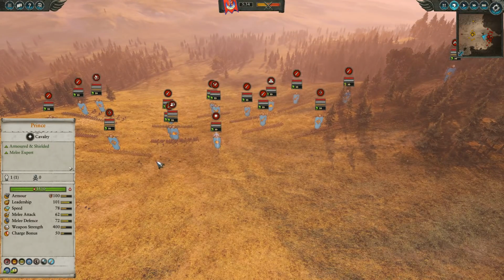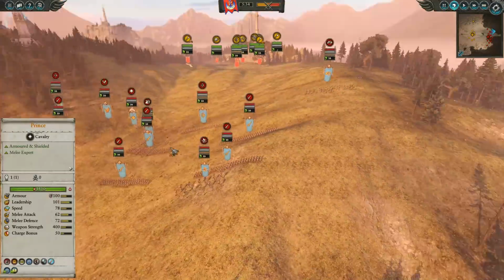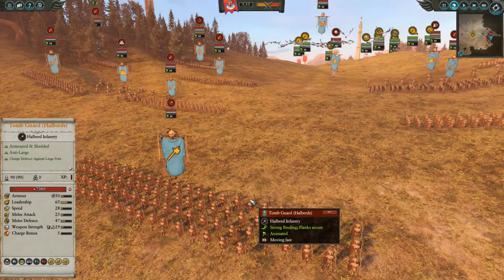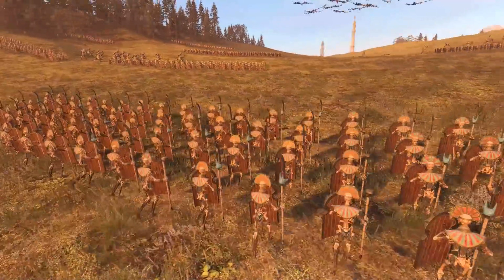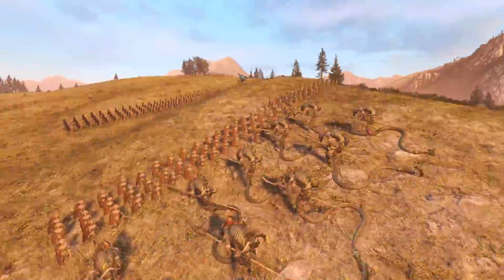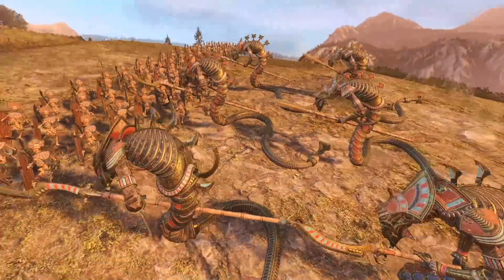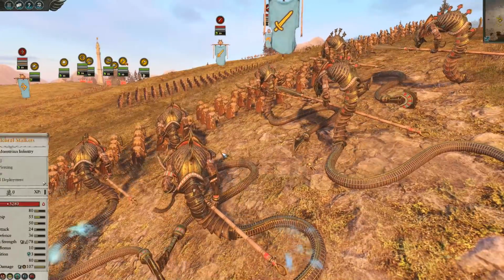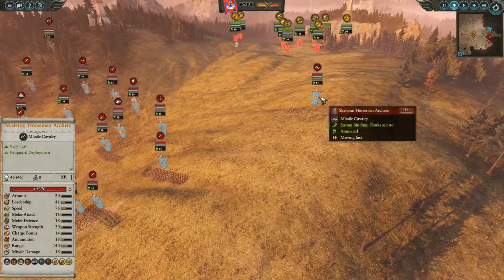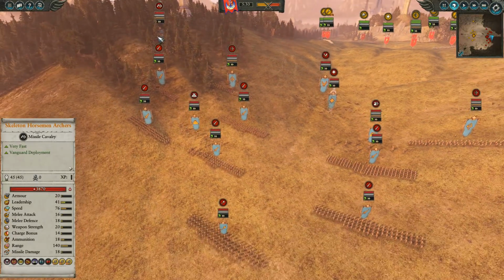So my opponent has a pretty wide but not necessarily very deep composition. What I mean by that is it's a lot of fodder troops coming up against my units, so a fair amount of skeleton warriors, a single halberd force, and then he's just picked across the roster, little units here and there. So you're going to see here some of the sepulchre stalkers. On the flank you'll be seeing skeleton horsemen, archers,